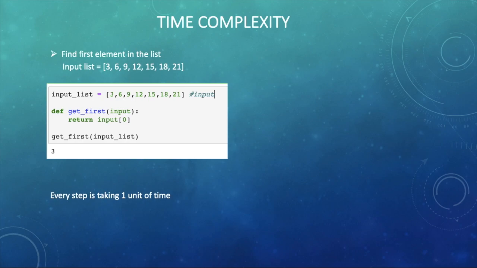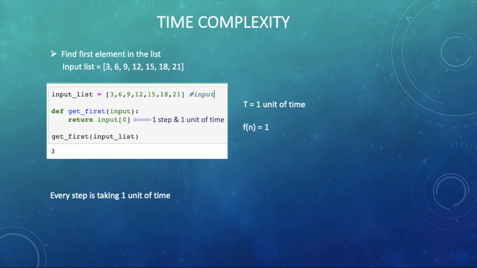Now let's analyze this function for calculating the time complexity. Here we have just one statement, that is returning the first element of the input list. So it will perform one step and just take 1 unit of time, that is constant, for every run. Therefore the time required is 1 unit of time and the time function, that is f(n), is equal to 1. It doesn't matter how big or small the input list is, be it 7 elements long or 700, 7000 or 700,000 elements long. In every run, this function would take only some constant time for finding the first element of the input list.